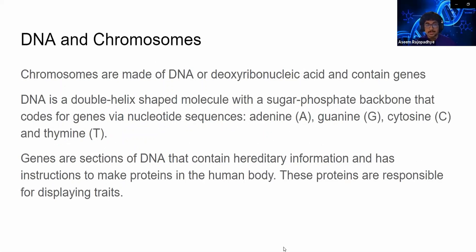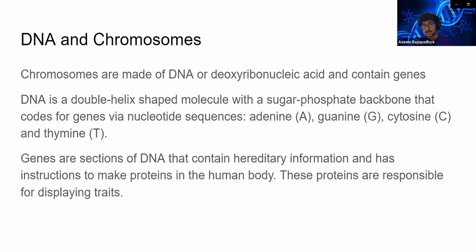DNA and chromosomes. Chromosomes are made of DNA. They are condensed packages of deoxyribonucleic acid, and these DNA molecules contain several genes along their coding sequences. DNA itself is a double helix shaped molecule with a sugar phosphate backbone, and the way it codes for genes is that it has a nucleotide sequence of four nucleotides: adenine, guanine, cytosine, and thymine, each represented by the letters A, G,